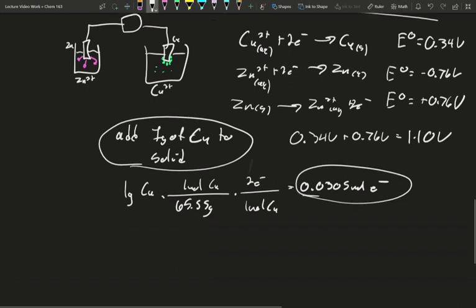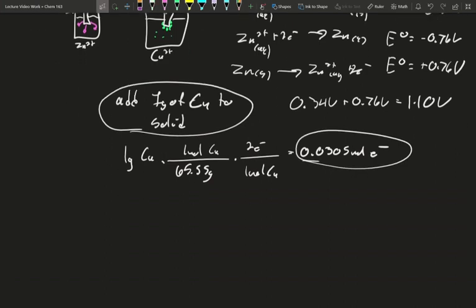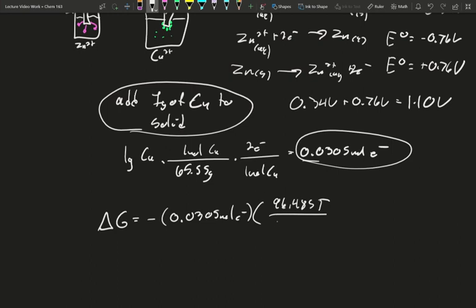Now I know the moles of electrons. How much work did I do in that time? What's the max work I could have done in that time? What was the free energy of transferring that many electrons? Well, our delta G is going to be equal to negative the moles, 0.0305 mole of electrons, our Faraday constant, 96,485 joules per mole electrons per volt, and our voltage of 1.10 volts for the difference in potentials of our zinc and our copper. Multiply those together, we will get out negative